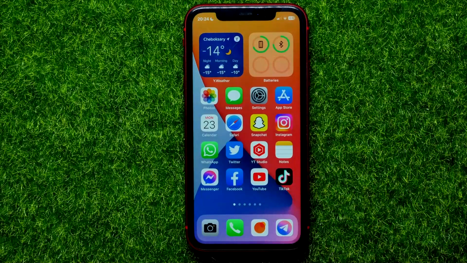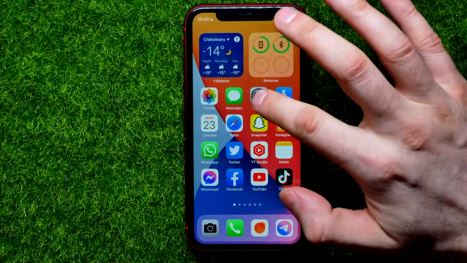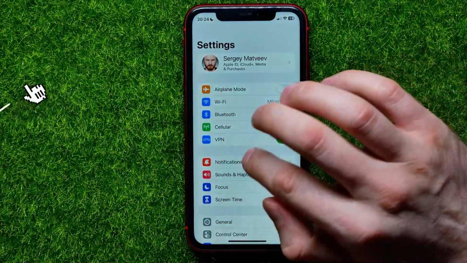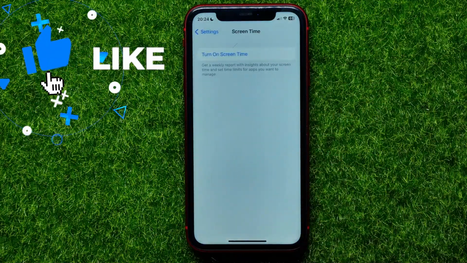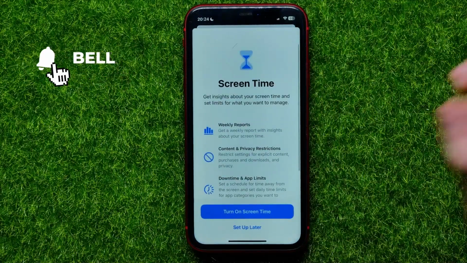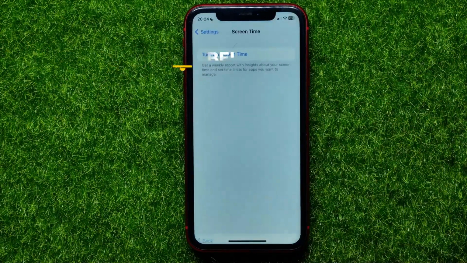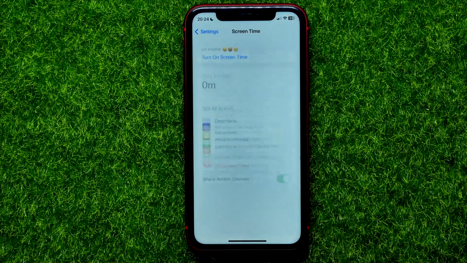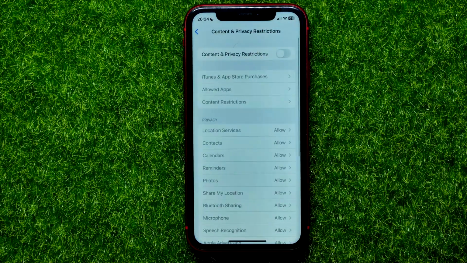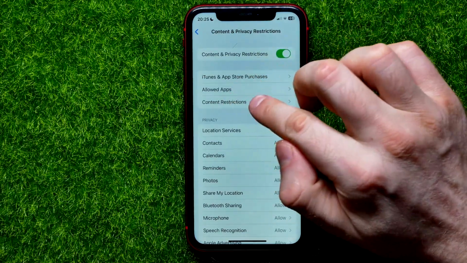So let's begin, and first open up settings. Then on settings, hit on screen time, then turn on screen time if it's disabled, and after that get into content and privacy restrictions. Then hit add content restrictions,